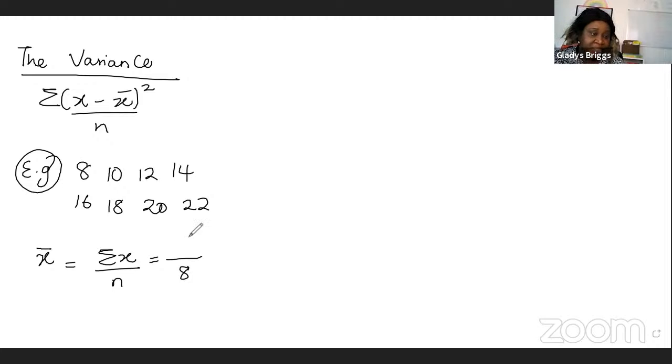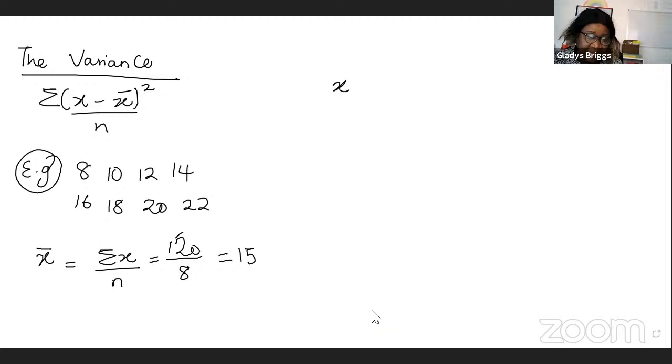$120, yeah. So this will be 120 divided by 8, which is equal to, is it 15 or so? 15. Now you can make, well done. Yeah, so you can make a little table, you say X